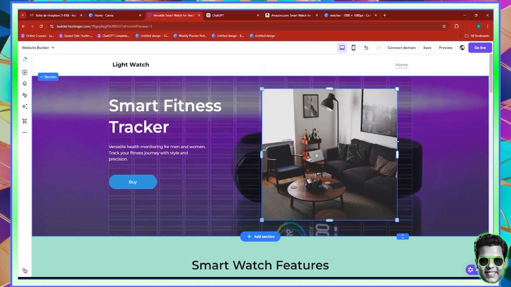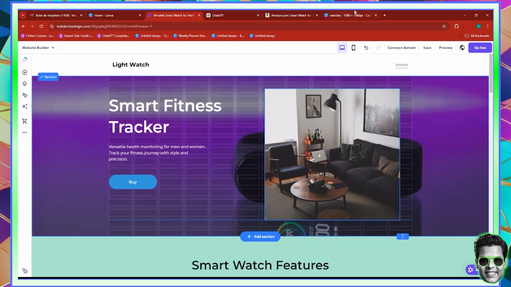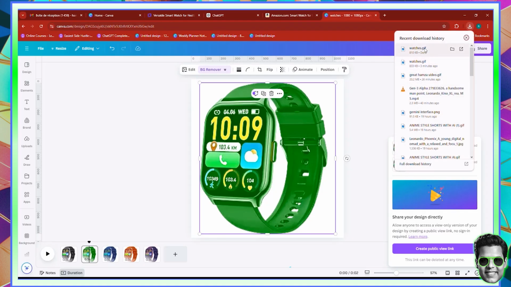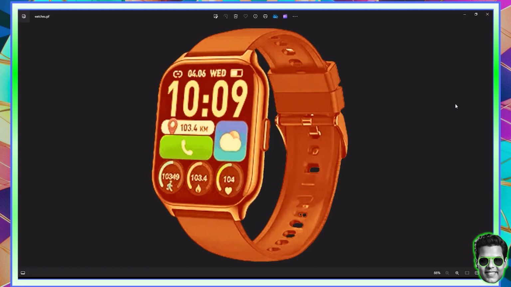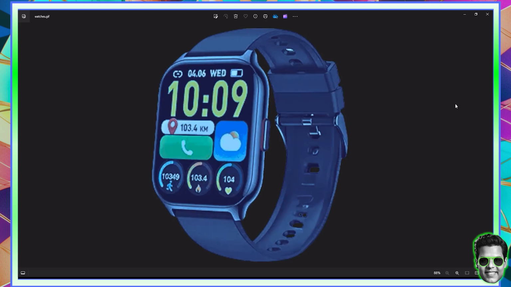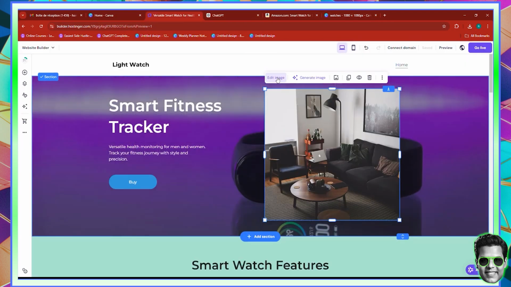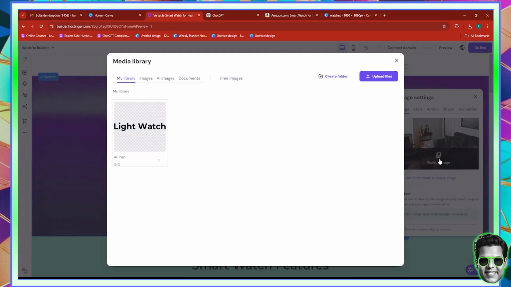This is not precisely a square, but let's see if the image, or the GIF, has now been downloaded. Let me go and open it up just to check if there is no problem with it. Hopefully, I don't want to do the work again. All right, so you can see now that this is cooler because it's showing a color effect there that is nice. So now let's go back, and instead of this image, we will edit it and we will replace it,